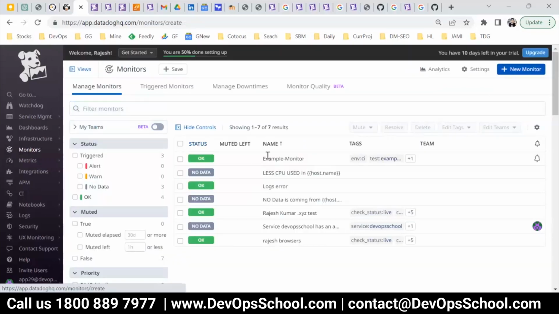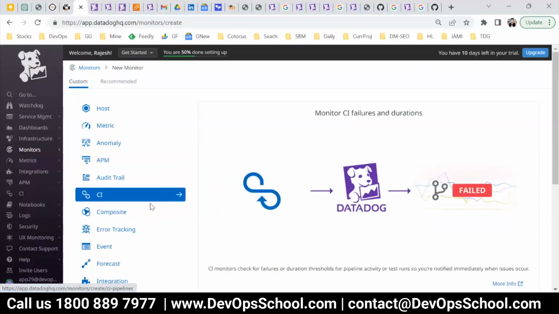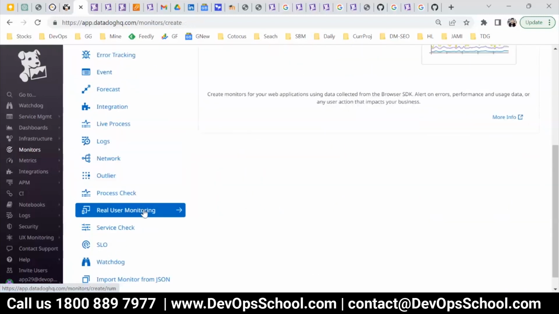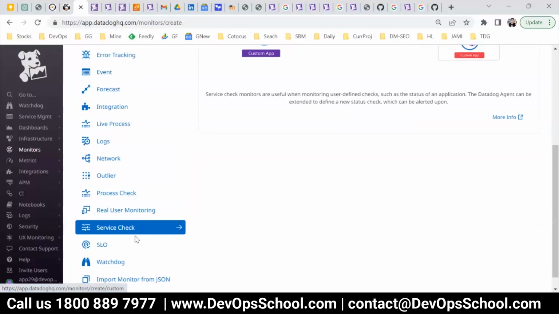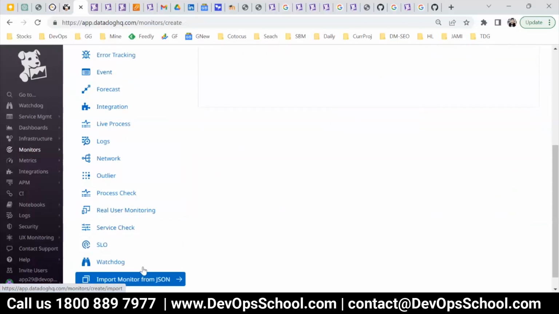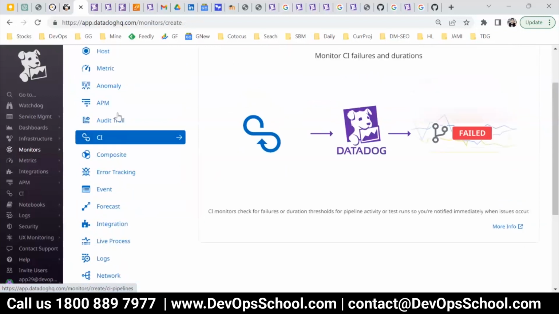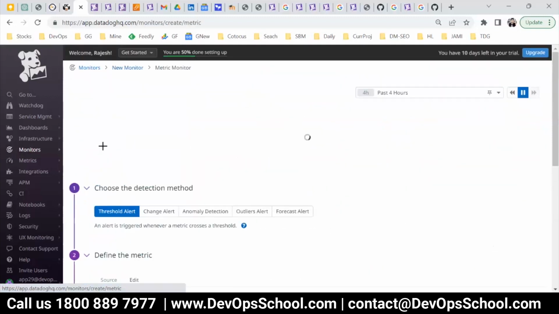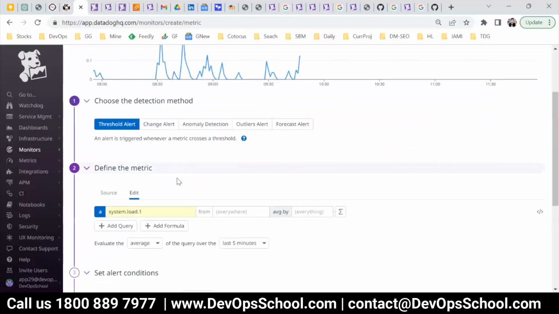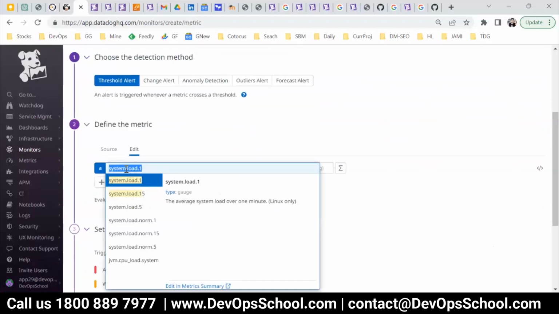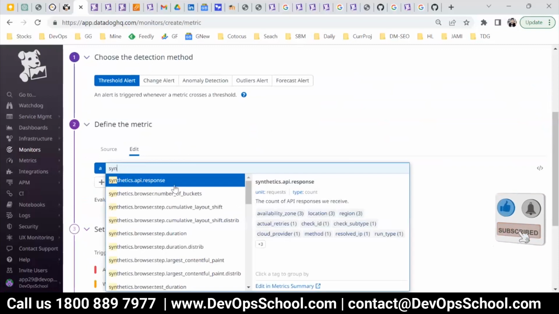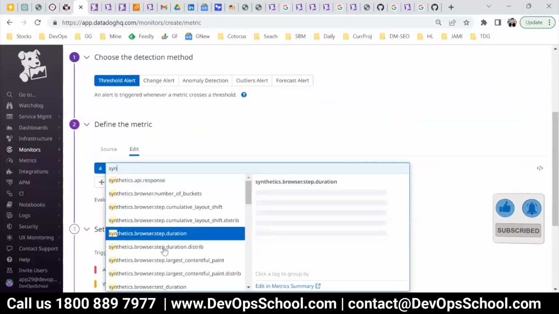They have changed the UI a little bit. Okay, so these are the metrics which you have